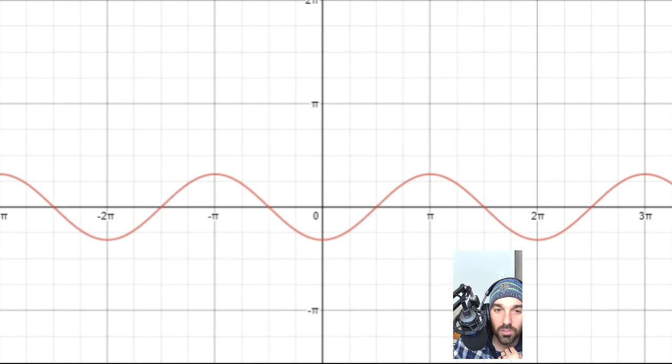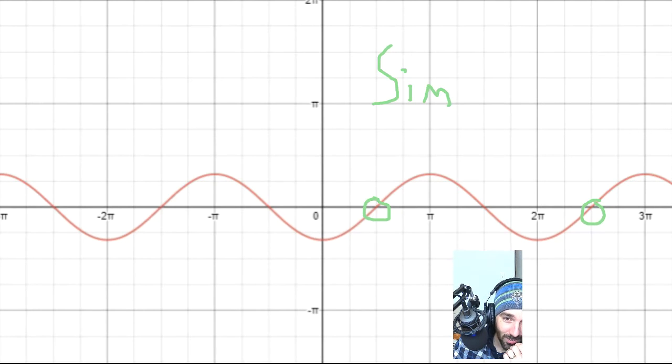Also, we could do the same thing with sine. So you might notice that sine would start right here, right? Notice how that's halfway between 0 and pi. So then if sine starts at 0 and then goes up and comes back down, right? So peak to peak would be right here. So we could say sine